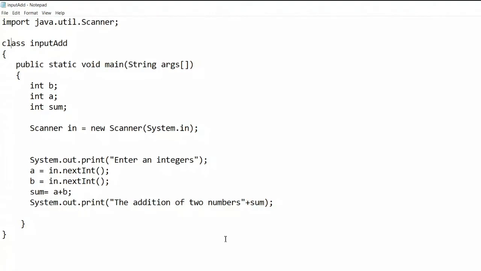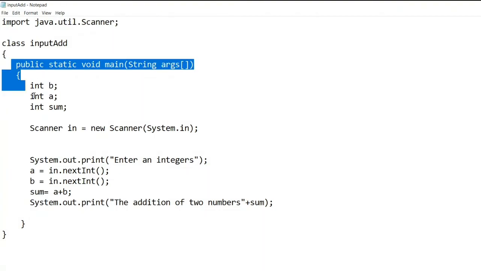Scope of the variable means, if I take here the same program, see, I am defining this a and b. So this scope lies within this main method.